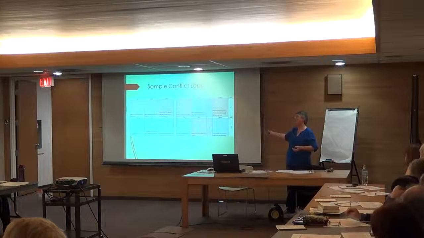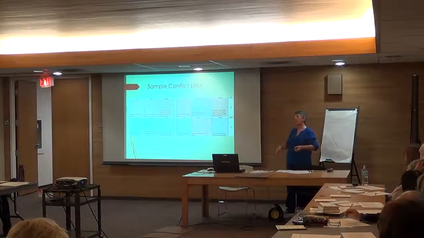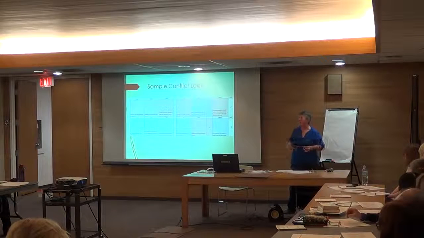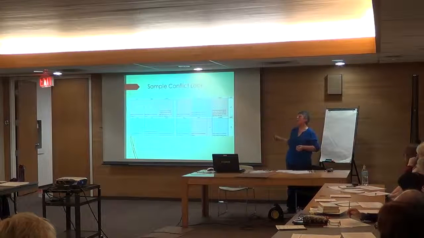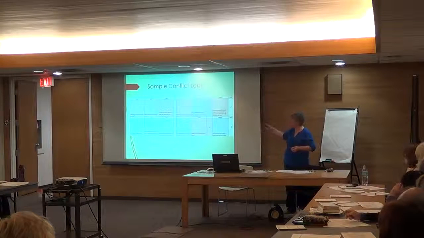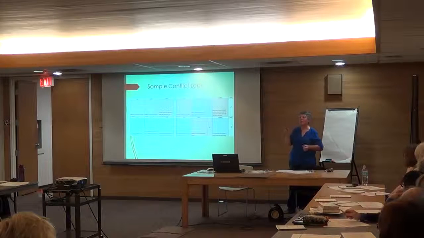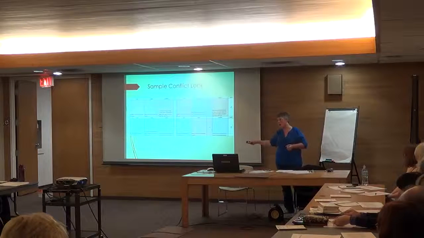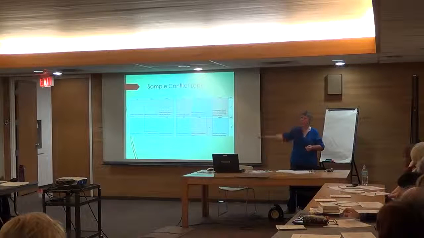If you're a pantser, you'll get halfway through your book, 100,000 words in, and you go, oh, it's not working, I'll write another story now, and then carve it all out when you're done. That's generally what I do. I get this wrong all the time. I get an unlocked conflict, do my first draft, and halfway through the first draft I lock the conflict. As long as I get the antagonist and protagonist right, it's the conflict that gets locked in my discovery writing. Discovery writing for a plotter usually happens while they're plotting and in the first draft. For a pantser, they are discovering their story as they write.